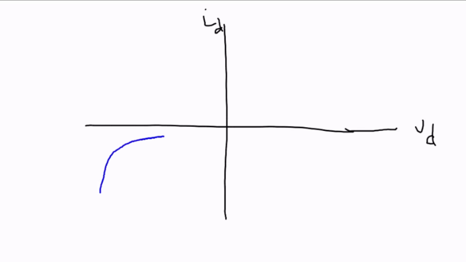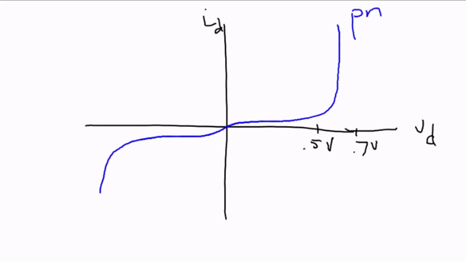Let's say this is our p-n junction diode. Now let's say that's the IV curve. Alright, and what this shows is that it takes up to, let's go back to the black here, let's call this roughly 0.5 volts and this 0.7 volts. So somewhere in this range, you're going to get a steep increase in the current going through the p-n junction diode,